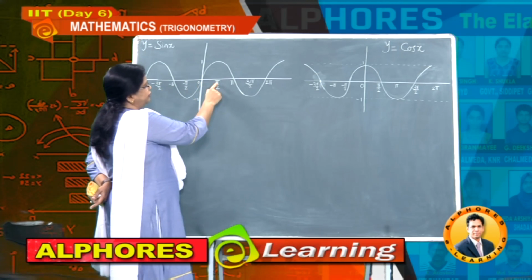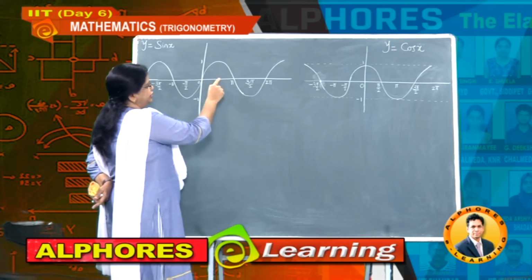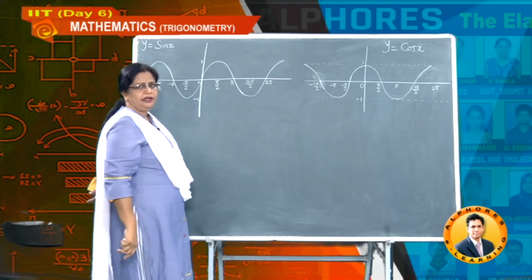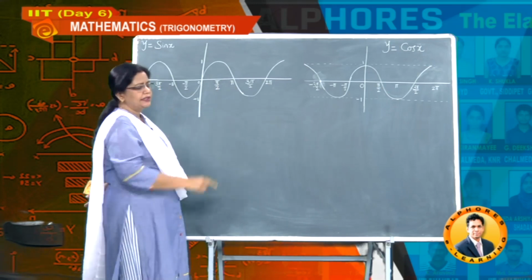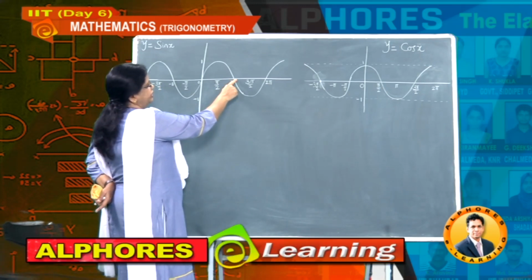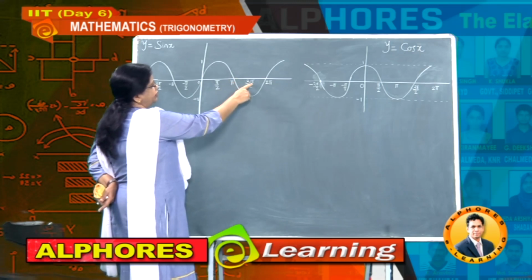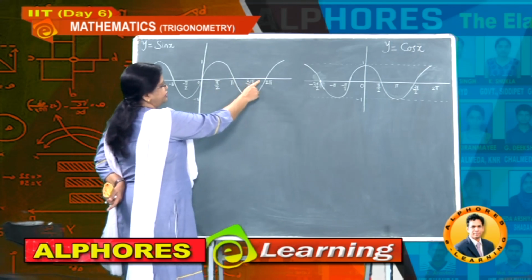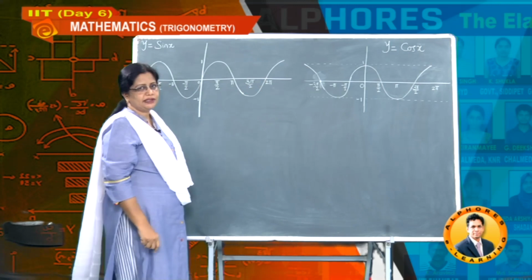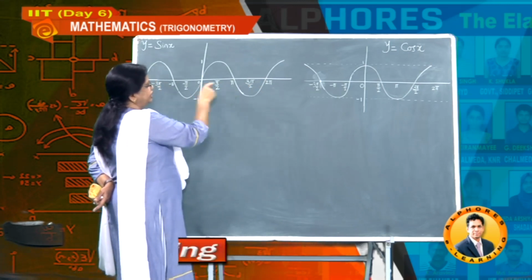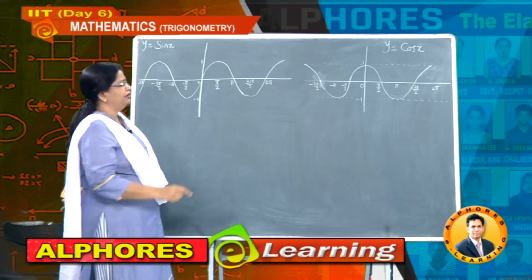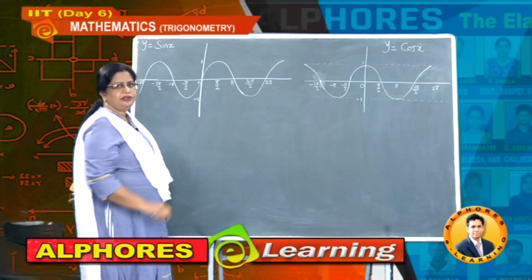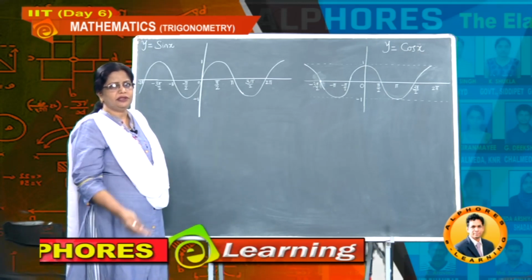After pi by 2, which means 90 degrees, there are 91 degrees, 92 degrees, 92.33 degrees, 92.5 degrees, like that up to here 180 degrees. Pi radians is 180 degrees. After that 181 degrees, up to here 3 pi by 2, that is 270 degrees. Then again 271 degrees, 272 degrees up to here 360 degrees. We denote the values here as radians, because usually trigonometric functions are measured in terms of radians. That is why I try to habituate you to write in terms of radians rather than degrees.